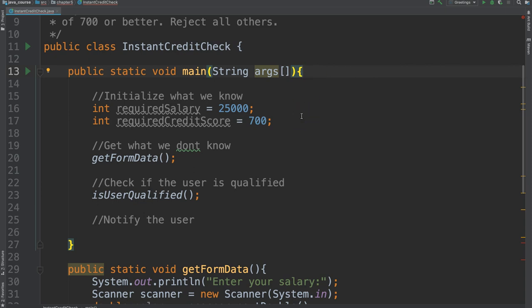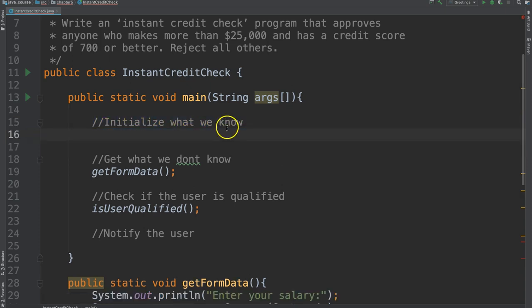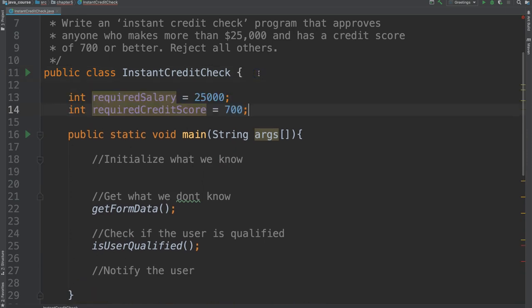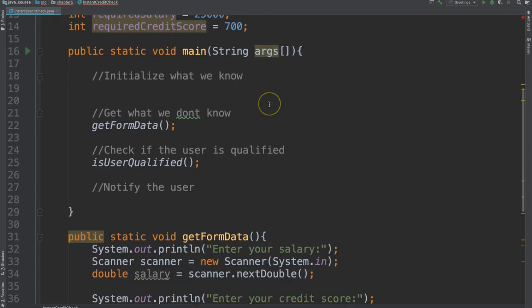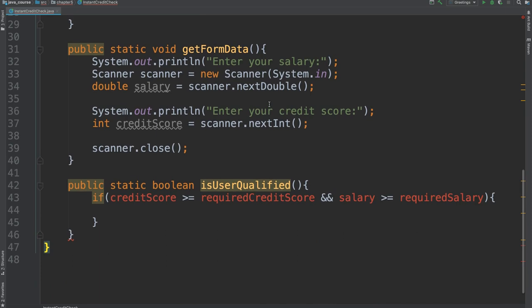So in order to use these in various scopes, we have to either pass them to the methods that they need or declare them at a higher scope. Required salary and required credit score can be defined a little bit higher. So instead of declaring them within the main method, we're going to declare them at the class level. So notice now these are between the curly braces of the class itself,